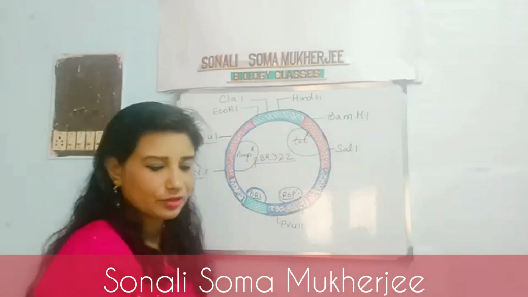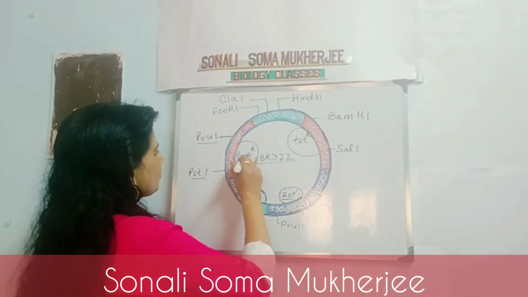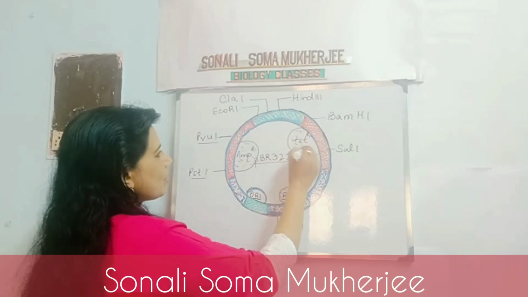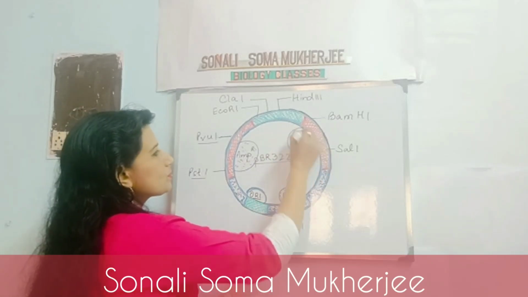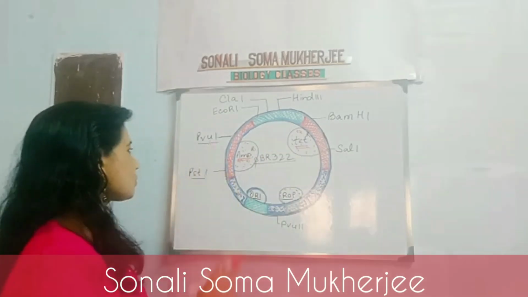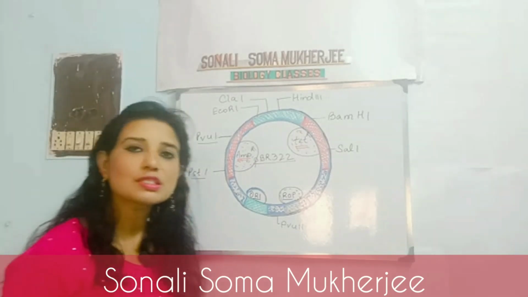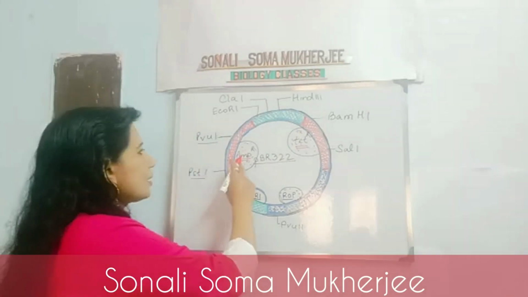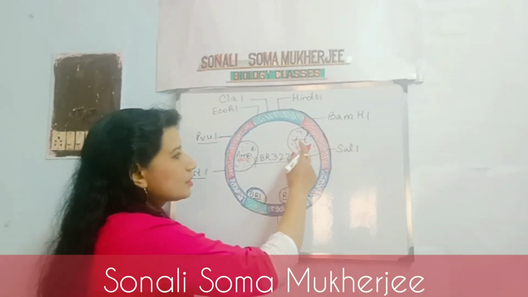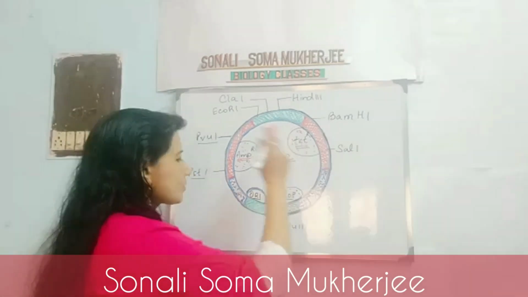Let me give a different color so that you can remember, as this is in red, so I will put it in red. A quick revision, because this part students get confused. It's very important to remember these names: in the case of PVU1 and PST1, it is the ampicillin resistance gene, encoding resistance to this antibiotic, and when it is BAMH1 and SAL1, they are present in the gene that is encoding resistance to the antibiotic tetracycline.